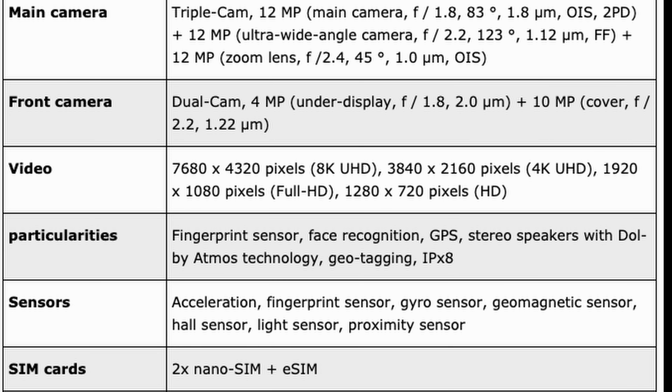Triple camera setup of 12 megapixels. The front cameras are going to have that dual camera. You'll get 4 megapixel under the display and a 10 megapixel on that front display. Video up to 8K, 4K, 1080p, everything in between. You're going to have a fingerprint sensor, facial recognition, GPS, stereo speakers with Dolby Atmos technology, geotagging,